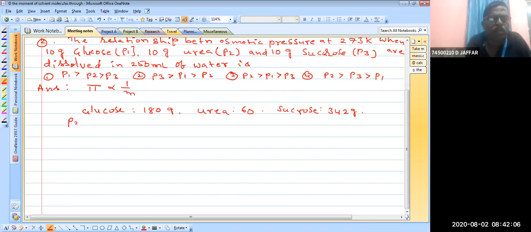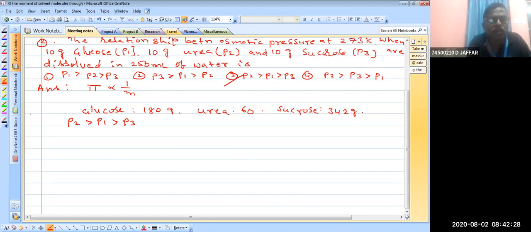Urea osmotic pressure is greater than glucose osmotic pressure, then sucrose osmotic pressure. This is the correct answer. In our given options, the correct option is 3. Next